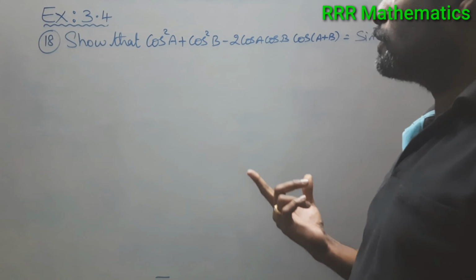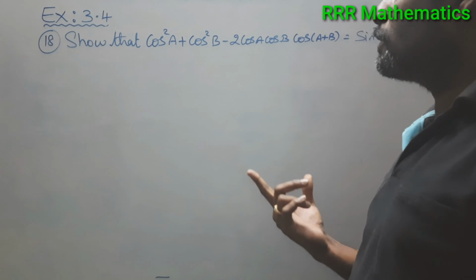Now cos square a. What is 1 minus cos square b? Sin square b. This is cos square b. What is 1 minus cos square a? Sin square a, plus 2 times cos a cos b into sin a sin b. Now this is a square plus b square plus 2ab: cos a sin b, cos a sin b, cos b sin a, cos b sin a. So I can read this as a square plus b square plus 2ab. I can write a plus b whole square.